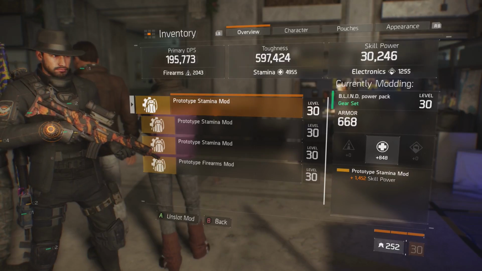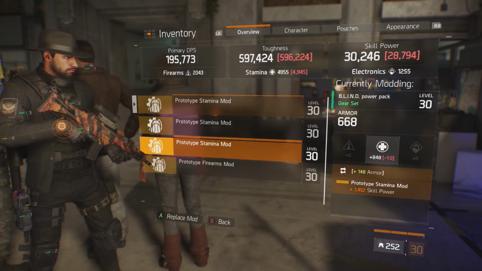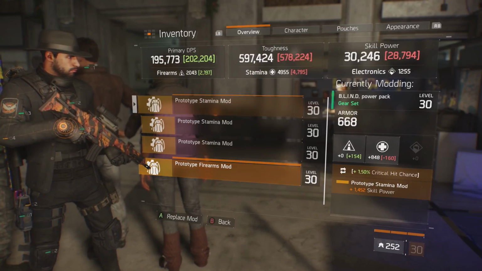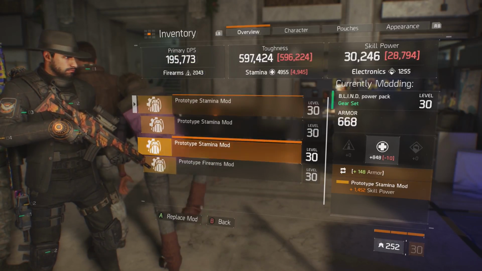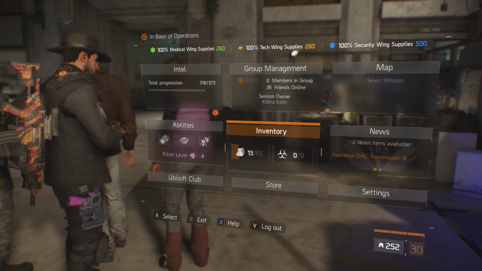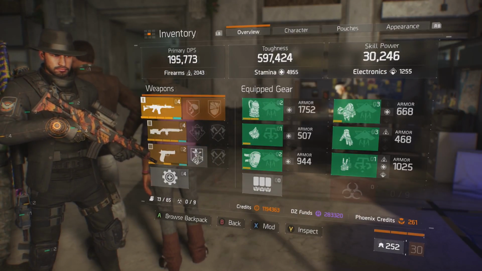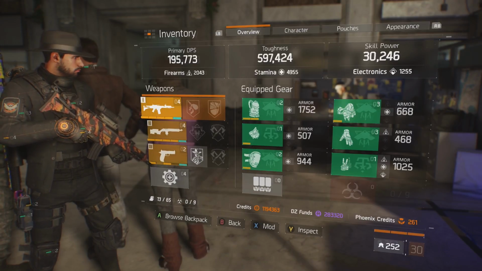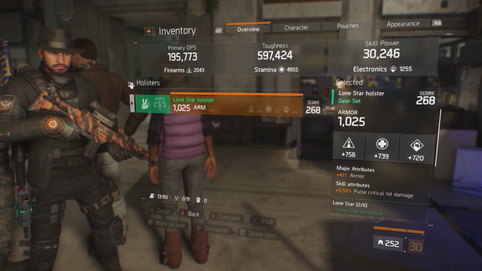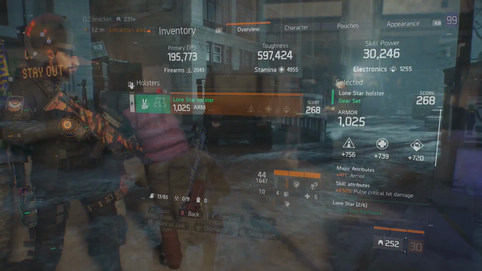And with these mods, you're looking at an increase to your electronics in the neighborhood of an additional 5 to 6,000 skill power. So if I have 11 to 12,000 on my backpack and my knee pads just from the perks from the major attributes, and then another 6,000, you're already looking at somewhere in the neighborhood of 18, 19,000 skill power. Skill power is basically you get 10 points per point in electronics. So as you can see with me, my base is 1255 or 12,550 electronics points, skill power, whatever you want to call it. Add that to the 6,000 that I get off my mods and the 11,000 from my backpack and knee pads, and you're starting to build up a pretty good tactician base for what your skill power could